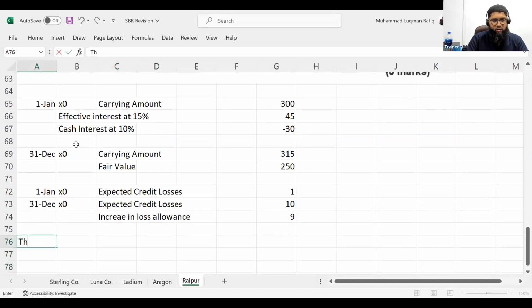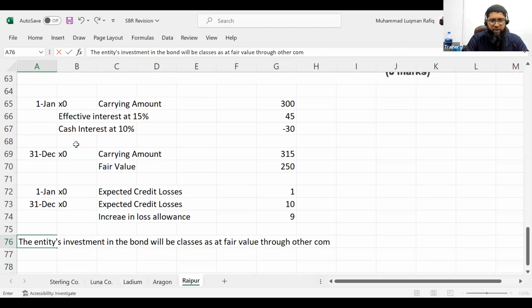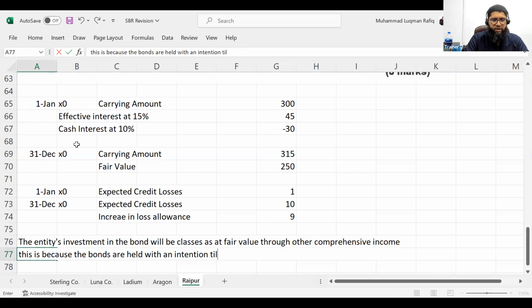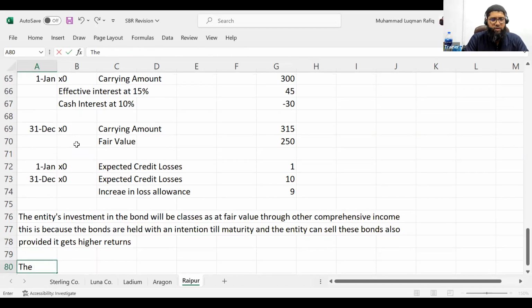Now just try to understand. The bonds are being held. The entity's investment in the bond will be classified as at fair value through other comprehensive income. This is because the bonds are initially recognized. The bonds are held with an intention till maturity, and the entity can sell these bonds also, provided it gets higher returns. The bonds will be accounted for using amortized cost